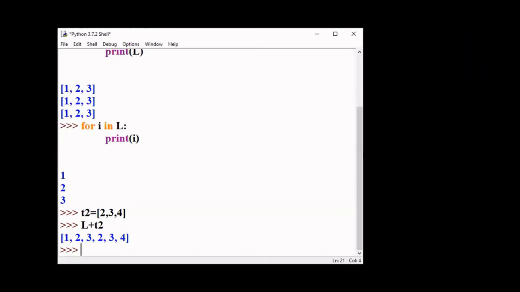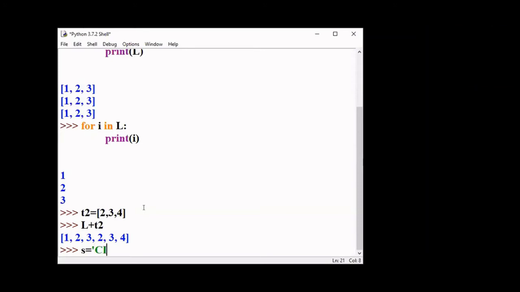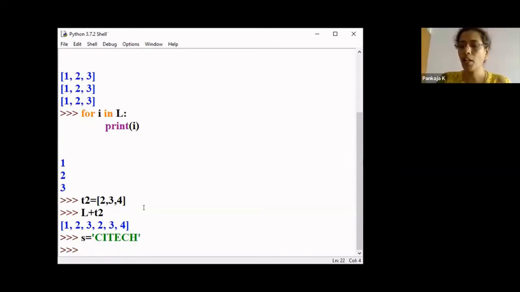So now what I'm going to do is, say for example, S is equal to CI Tech. Now S is a string. Now I want to convert this to a list. So how do I do it?